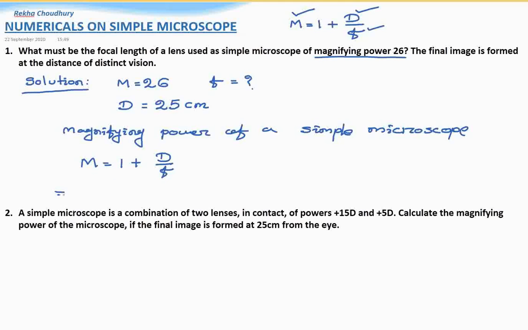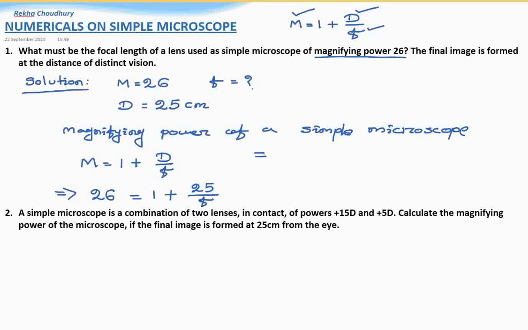This implies, here it is given that m is equal to 26. 26 is equal to 1 plus d, the distance of distinct vision, 25 divided by f,